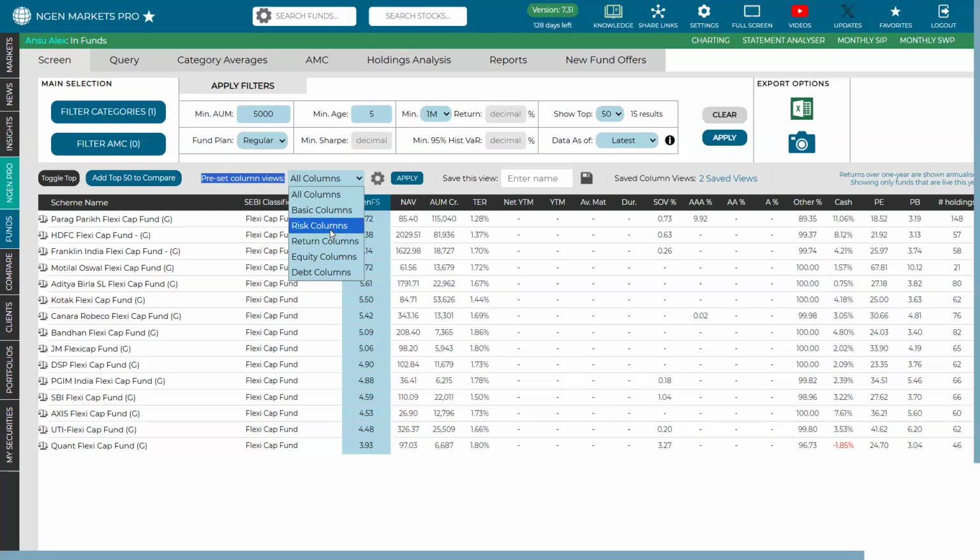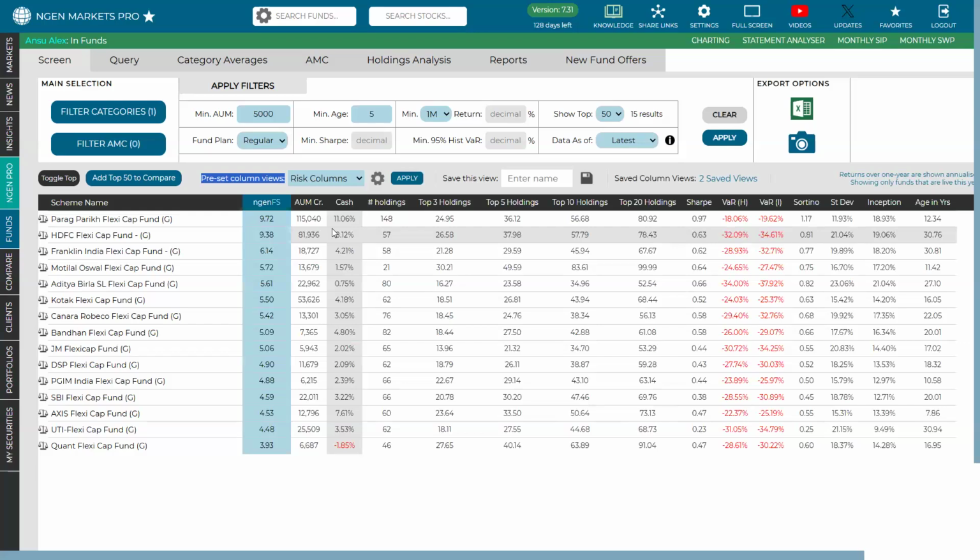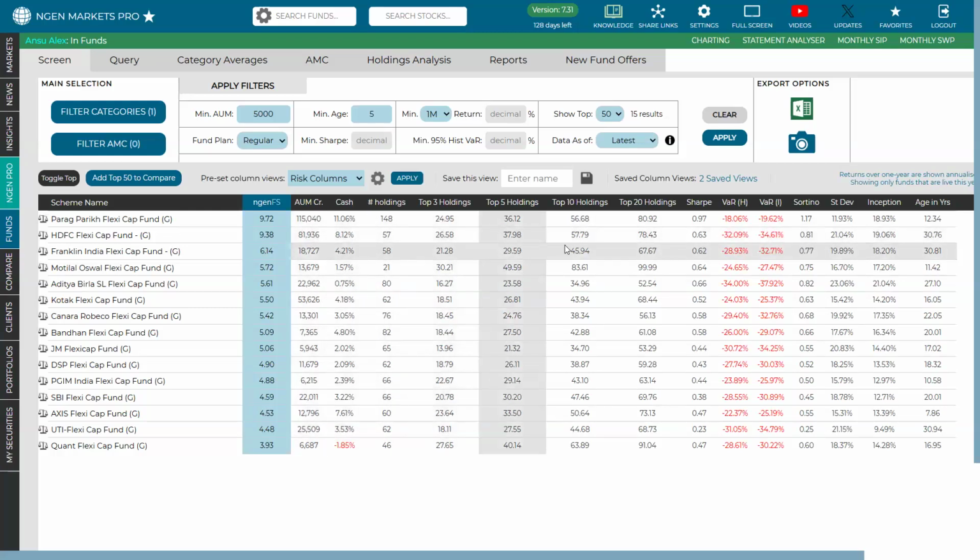Since we are focusing on only risk related parameters, you could select this risk columns and all the columns that are specific to the funds related to risk will now come up onto the screen. Of course, there will be certain columns such as AUM, top 3, 5, 10, 20 holdings that will also come up in addition to that.